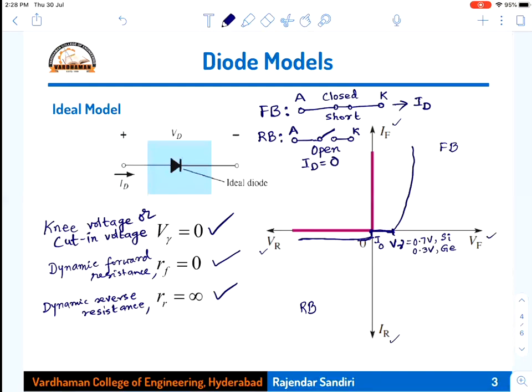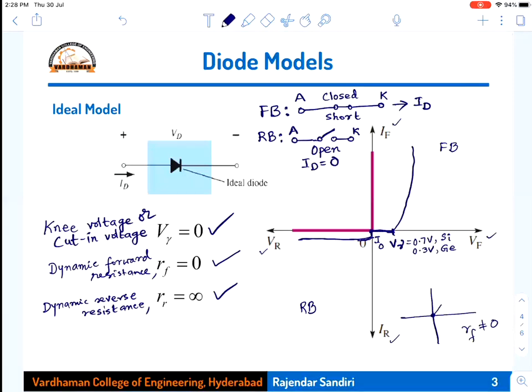And then RF is equal to 0. The next condition is RF is equal to 0. RF equal to 0 means the slope of the line is vertical, so the line will go in the vertical direction, along the positive y-axis. If RF is not 0, then you might have got a graph which is linear between the x-axis and y-axis. So if this is the origin, V gamma is equal to 0. Suppose RF is not equal to 0, then your graph may be linear like this, which has got some slope.